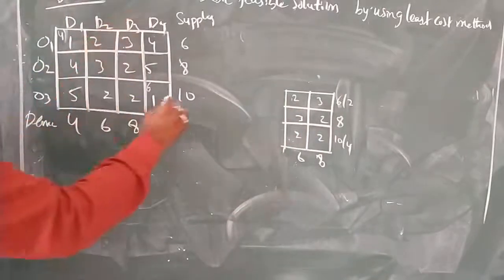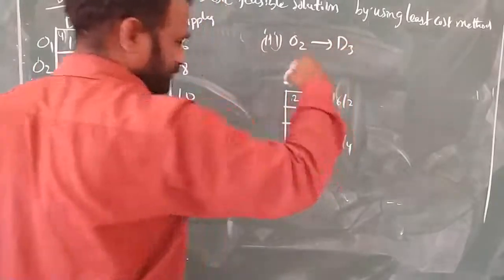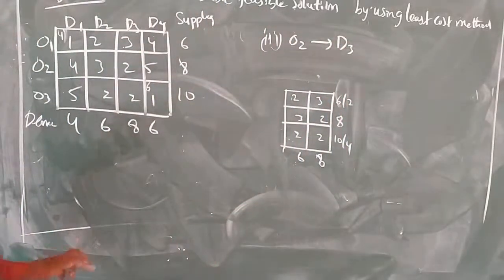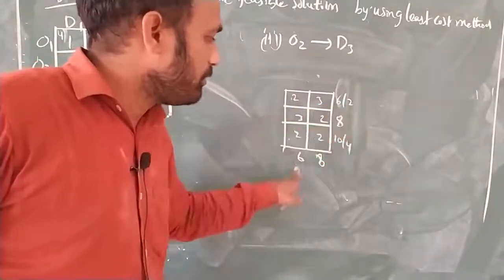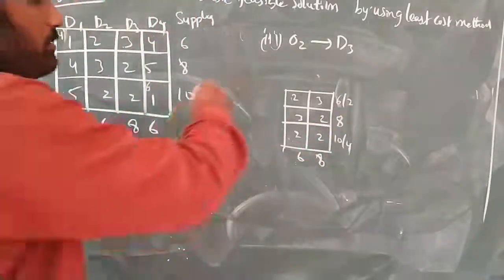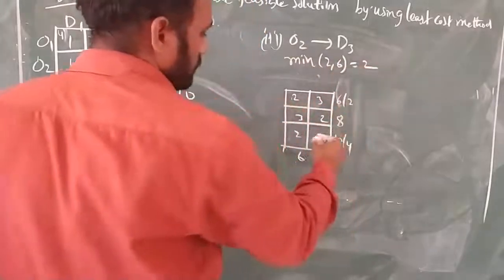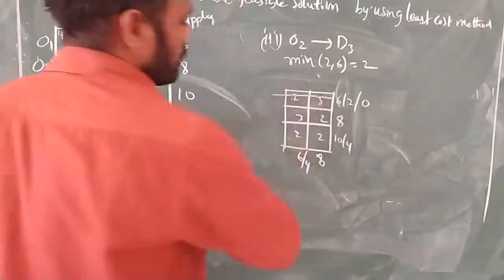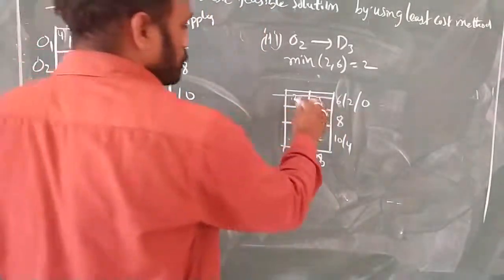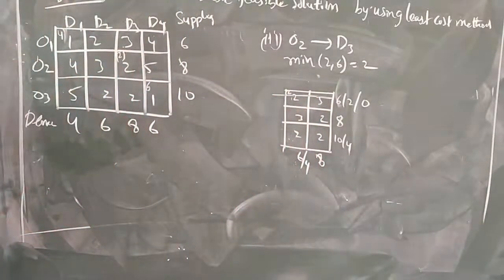2, O2 D3. So third step, O2 to D3. This is there at 4 and 6. So here it is 2 and 6. So between 2 and 6 and 4 and 6, 2 and 6 is the minimum. So we will take minimum of 2 comma 6, which is 2. So here 2 minus 2 is 0, 6 minus 2 is 4. So this row is deleted. So we need to mention here 2. Okay. Next, after that we have to remove this.